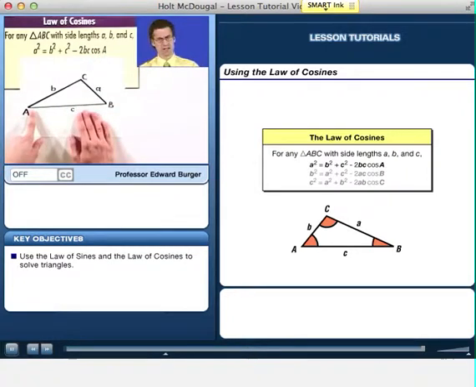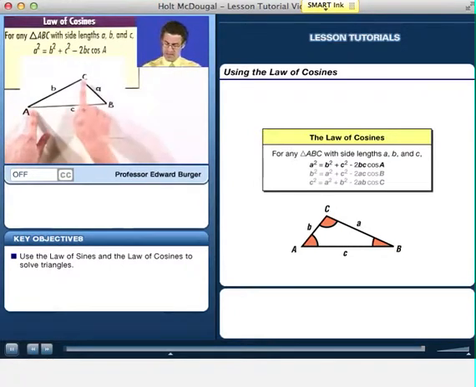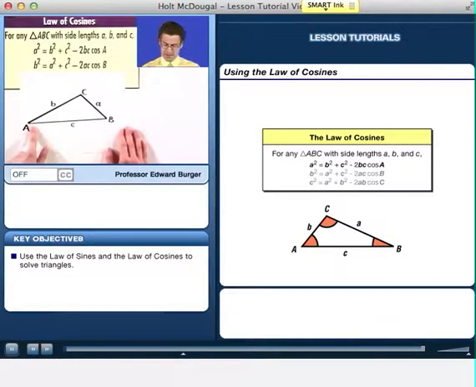It's a very weird looking thing, but let me say it again. If you pick this angle as the angle that you care about, then the opposite side squared will equal the sum of the squares of the flanking sides minus 2 times the product of the lengths of the flanking sides times the cosine of that angle. Wow. Now, the reason why I've got 3 copies of it is because this actually holds no matter which angle